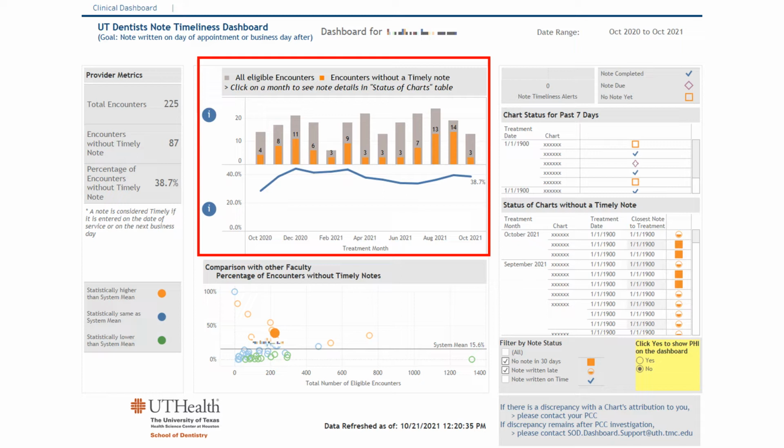When you click on the bars for each month, you will see on the live dashboard that the panel to the right of this graph, called the status of charts without a timely note, will change to show you information for that month only. The bottom graph, the blue line graph, shows how your overall performance on note timeliness has